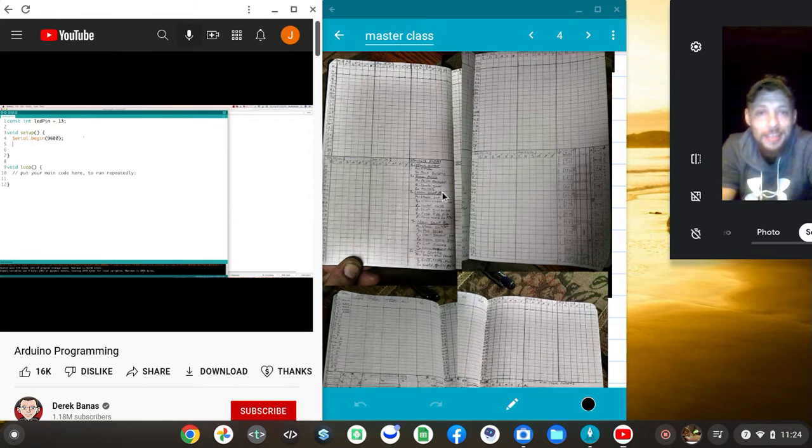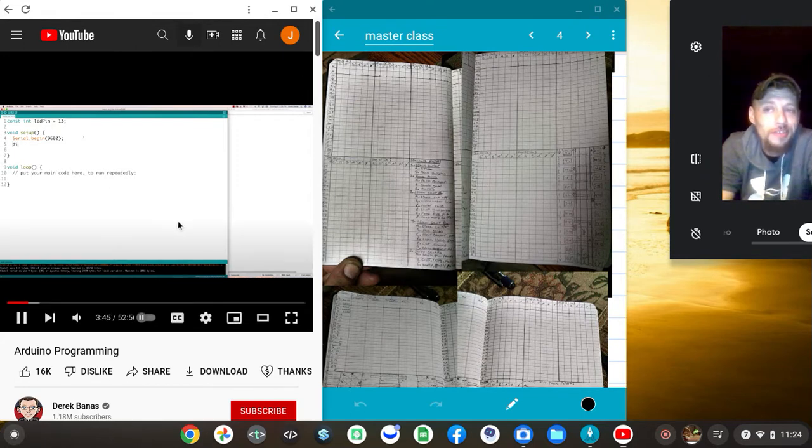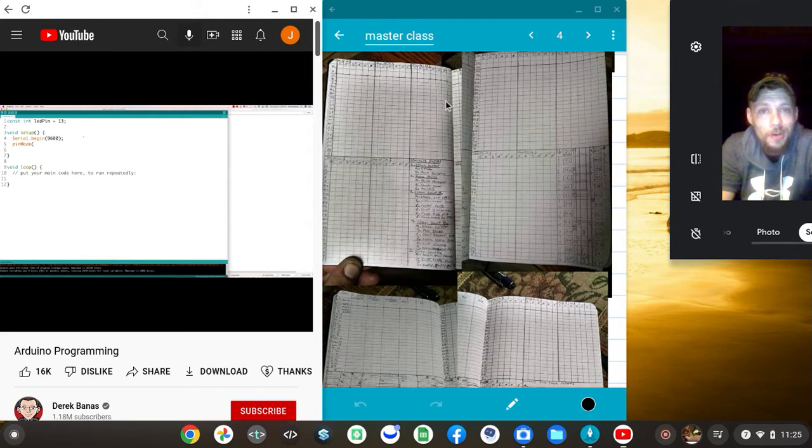And I can't tell you which ones of these you need. Now if we want to be able to light up the LED, and of course you're going to have an Arduino plugged into the back of your computer to be able to do this, you're going to reference your pin that you have there, which is 13, and then you're gonna have to say